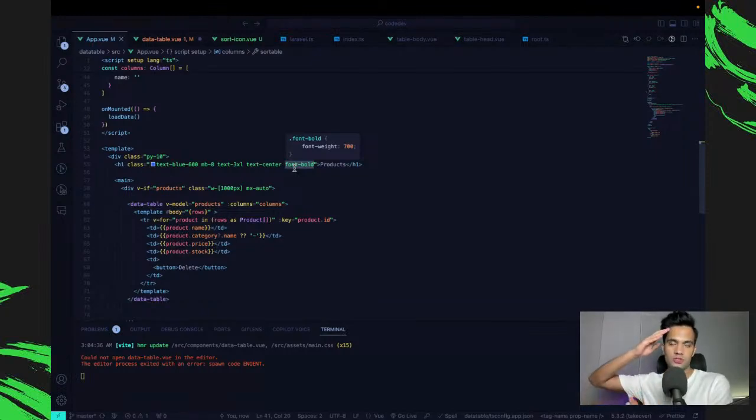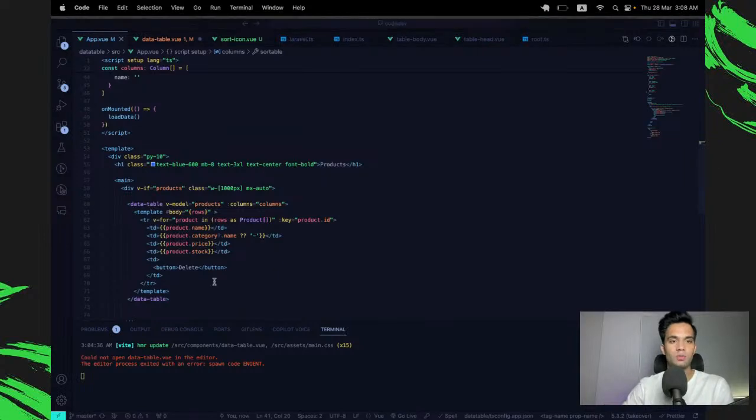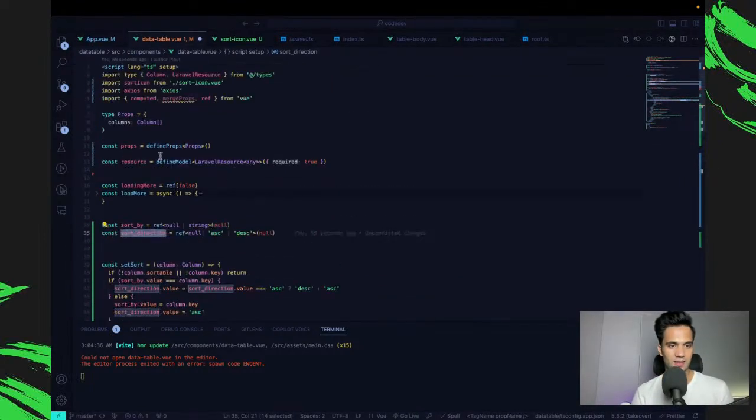In Vue, data flows just one way from parent to child, and you are not supposed to modify data in a child component. Now that problem is solved using two-way data binding, using the v-model, which is a little expensive, but it does the trick. And that is exactly what we are doing here. This is something new in Vue 3.4. You can define multiple models.